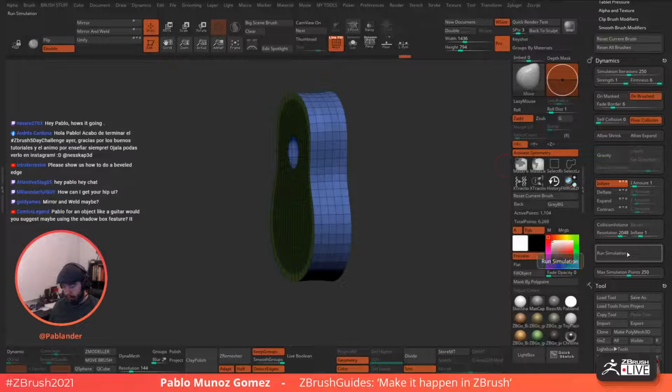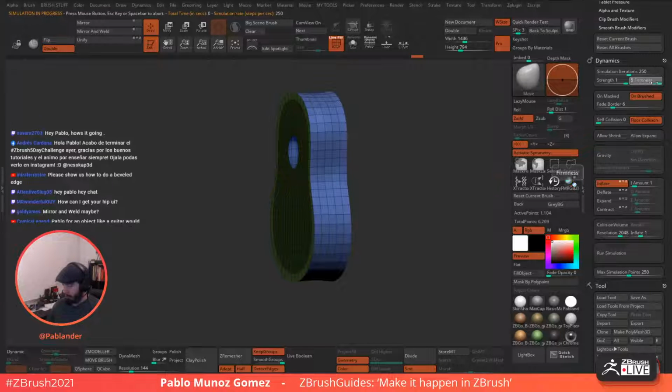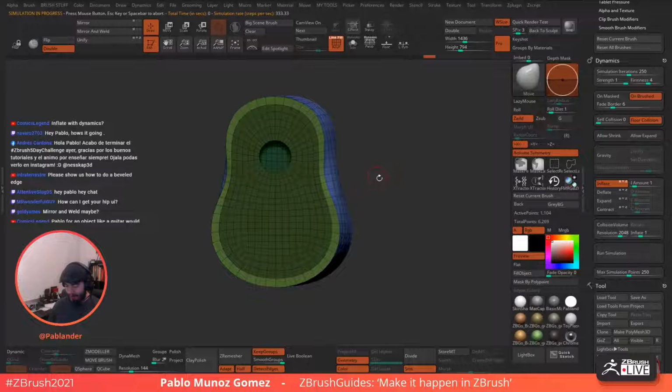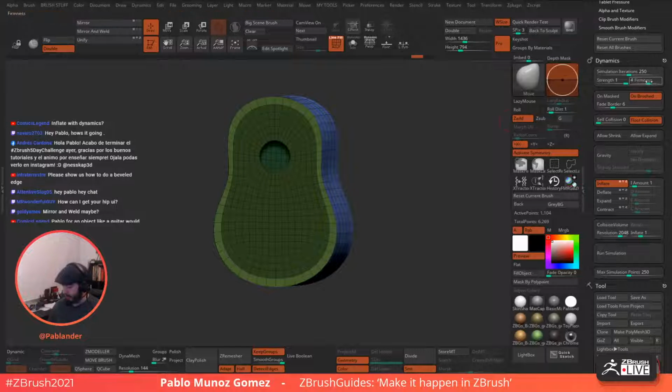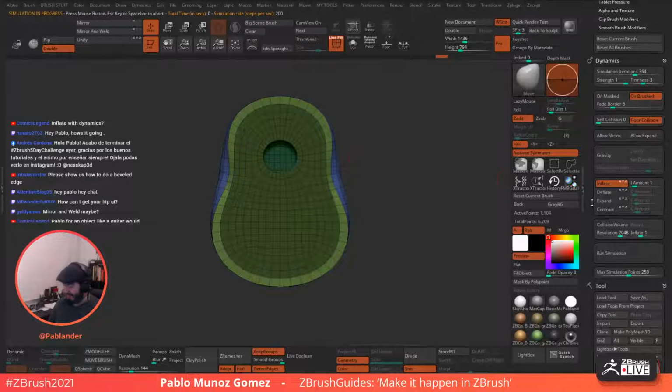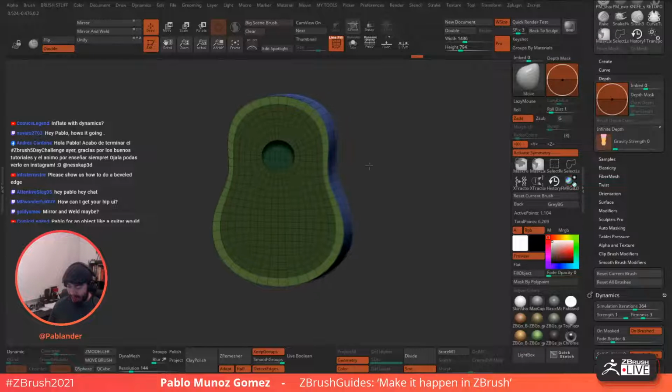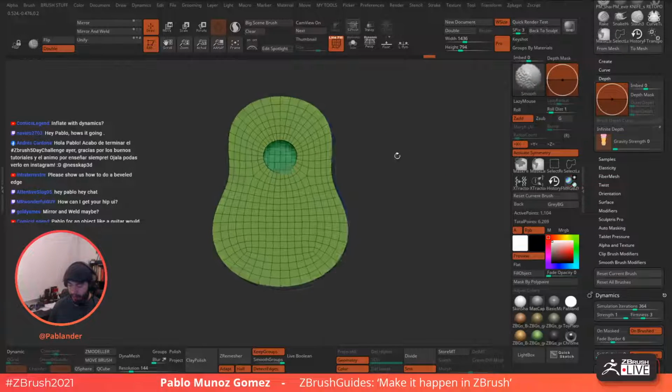So let's run simulation. Maybe reduce the firmness a bit. All right. Obviously, it just does it all the way, but let's try that again. It's kind of inflating everything. All right. By the way, this is what I'm showing you right now. This is how I test ZBrush. So I try different things and see what works. All right. Anyway, that was just